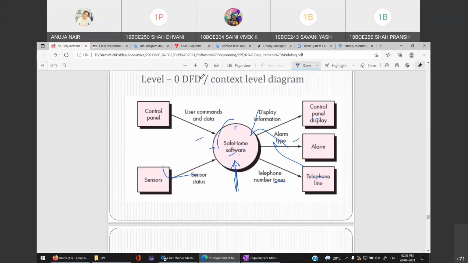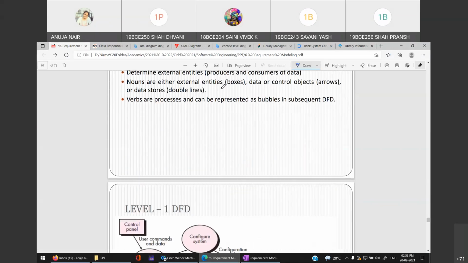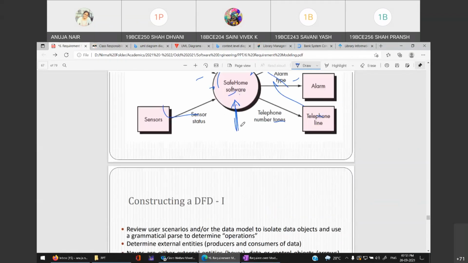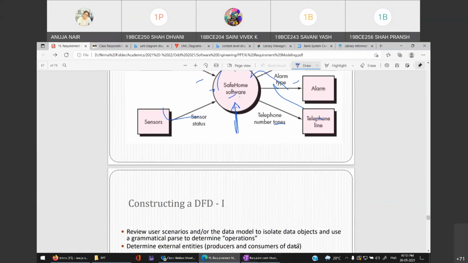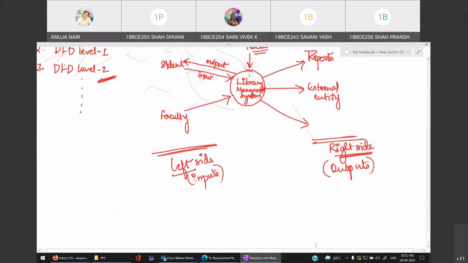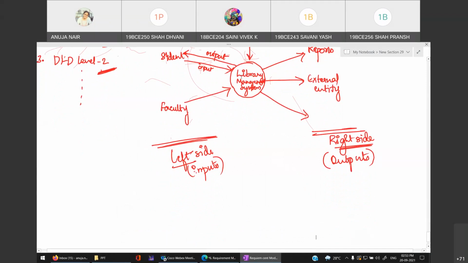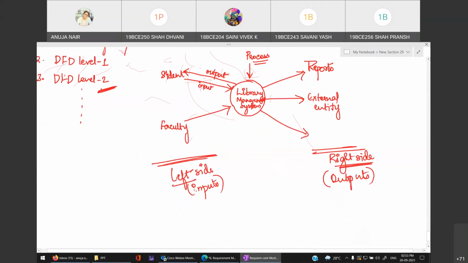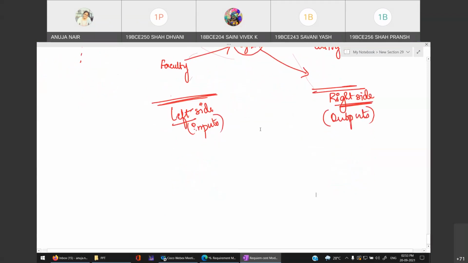Let's come to this now. This is DFD level 0. Now, when you are doing DFD level 1, just as we represent a process, this is my process, right? Right now, because I am in the context level diagram, my process is the entire system. I want to just show the inflow of input and output. That's why the process is the entire system. But when I go to DFD level 1, what would be my processes? In DFD level 1, my processes would be basically the functions which are done by the system or the software.